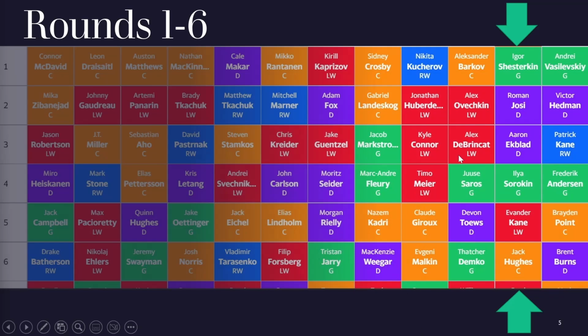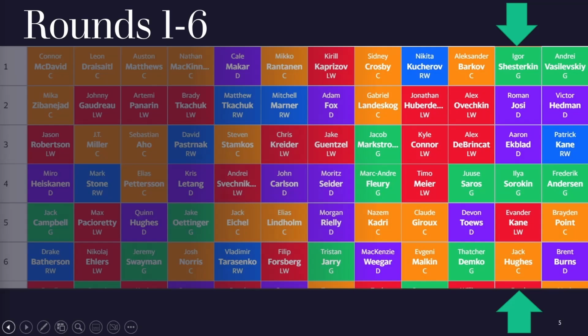Now, you can find some decent value a little bit further down, like Philip Forsberg here. Some of these guys, Batherson's a pretty good pick there. But Pacioretty in the 5th round does not make any sense with his injury history. But what you can notice here is that I went D and goalie heavy in the first 4 rounds, and I missed all of these guys. So all of these elite offensive producers are gone, and I now have to overcompensate for that later in the draft.